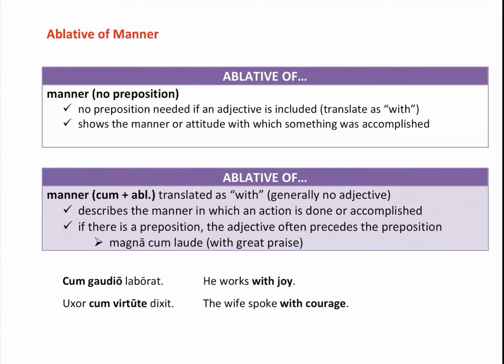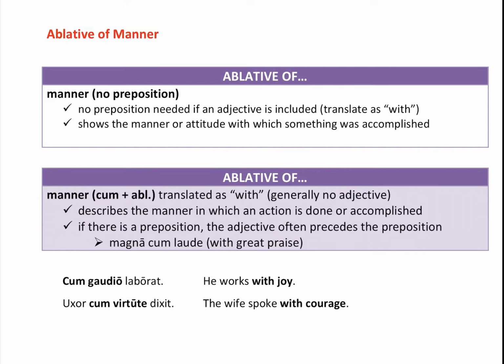So a few weeks ago in Chapter 9, you learned some uses of the ablative case: ablative of means, ablative of manner, and ablative of separation. Today we're going to learn a few more. So you want to get out both your ablative and accusative charts. If you remember them, this is what they look like on the screen. When you learned them before, you learned the uses that did not include a preposition. Now that we're in Chapter 11, where we're starting to learn prepositions, we're going to add to the ones you already know, plus add a few more.